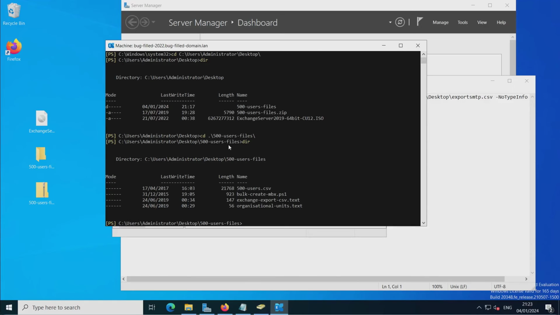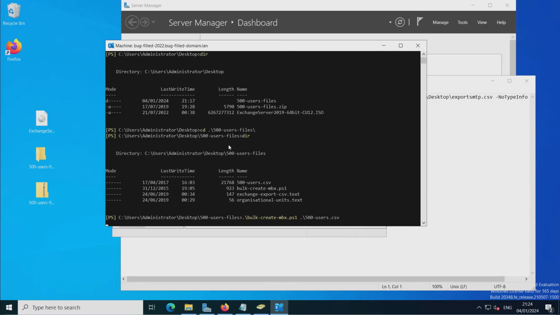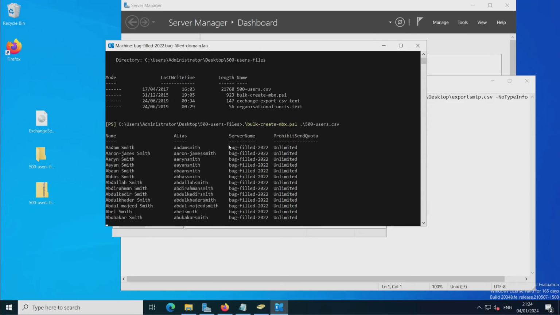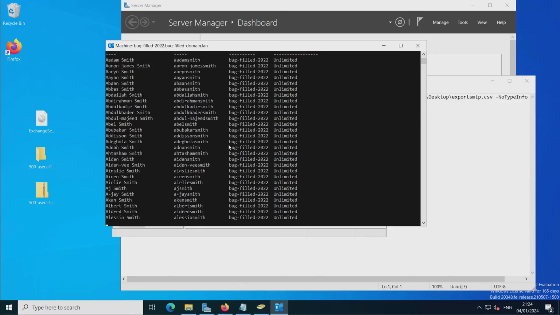Right, so now you just have to run the PowerShell. Hopefully Microsoft haven't changed things so that this script doesn't work anymore. Okay, so it looks like it still works, so they haven't